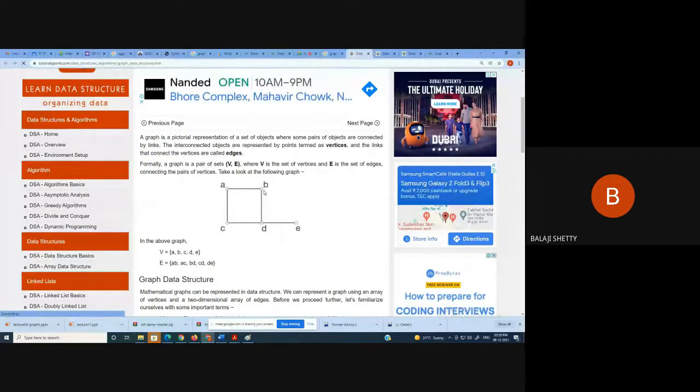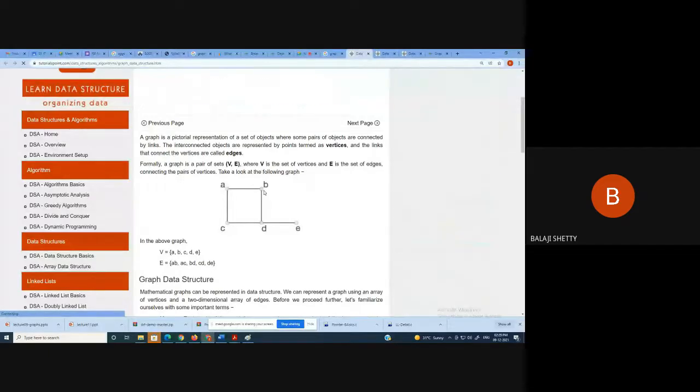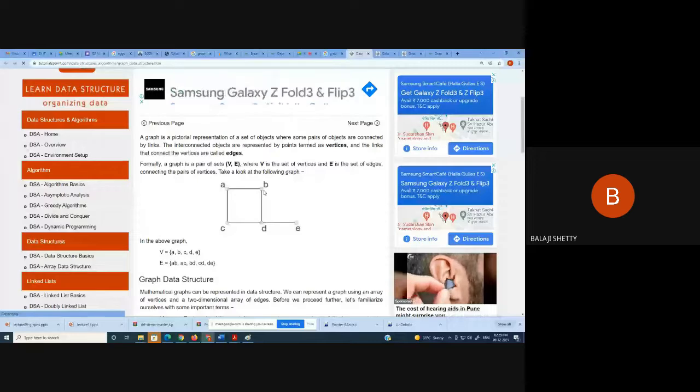Or simply, suppose you want to go from Nanded to Mumbai. What do you do? You go to google.com and search for the path from Nanded to Mumbai. What you get is one line where nodes represent the different cities and the edges represent the path, the connection, the road between different cities. And when you open Google Maps and travel, as you move to a particular location, the graph gets updated. So this is a simple example. We can find the shortest path using the graph. There are many applications.